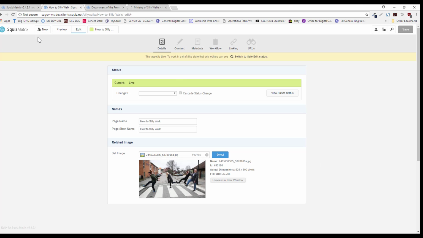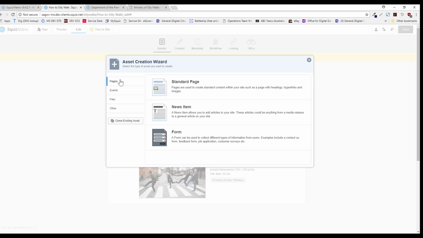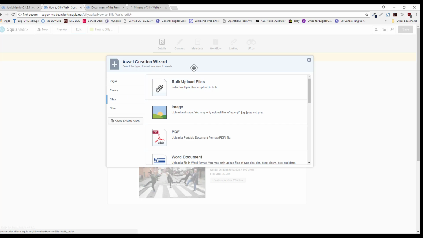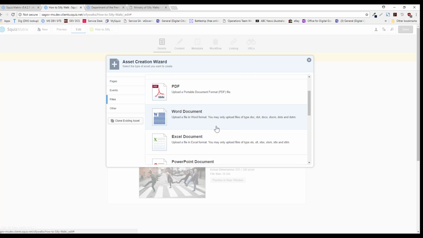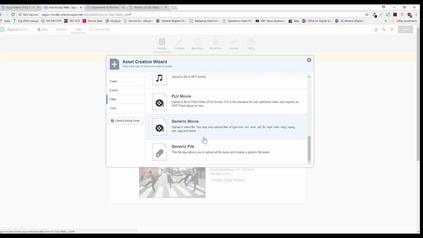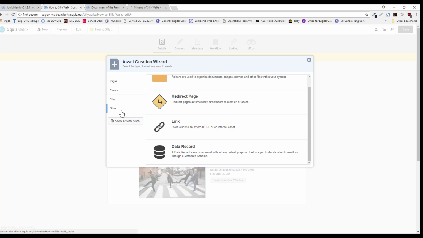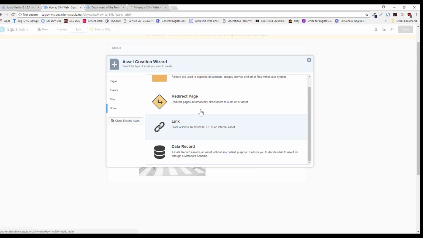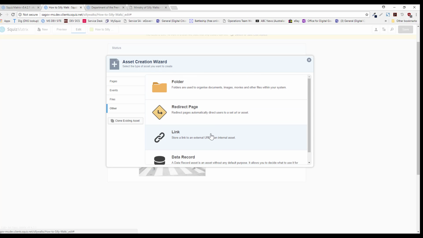So the Asset Creation Wizard is fairly easy to use, and of course there are many more things you can do than just create standard pages. You can create pages, news items, forms. If you look at the other categories, there are calendar events if you're using calendars on your site. Files, which you can do a bulk upload of files, images, PDF documents, Word documents, Excel, all the standard fare, MP3 files. In the other category, we have specialized pages, and we will cover these in the manual if you just care to